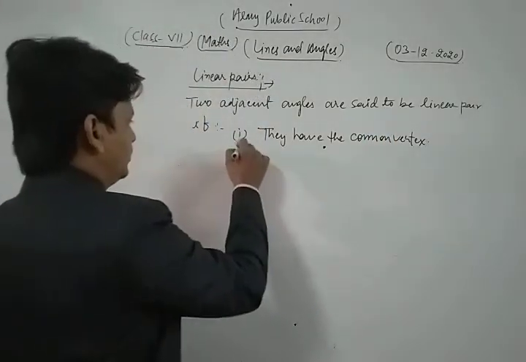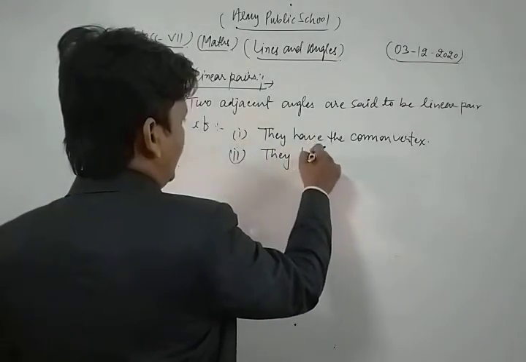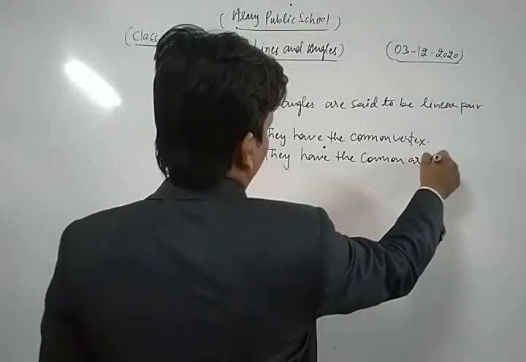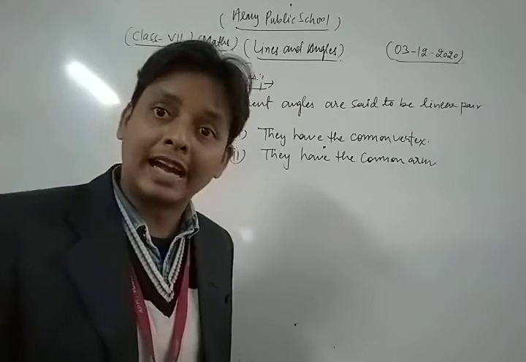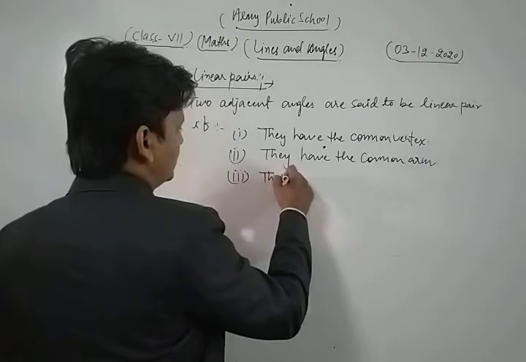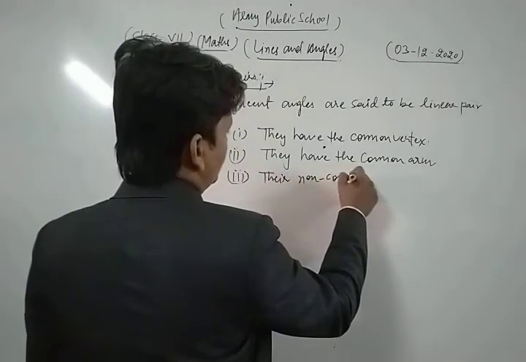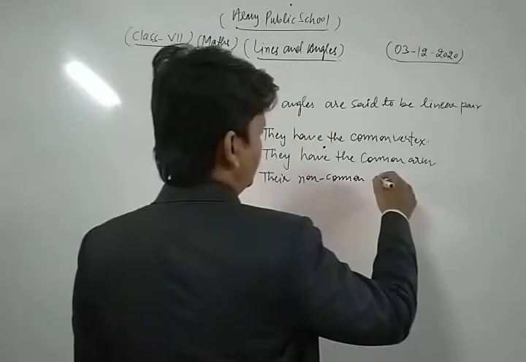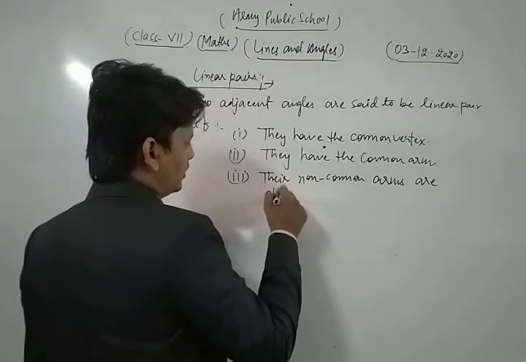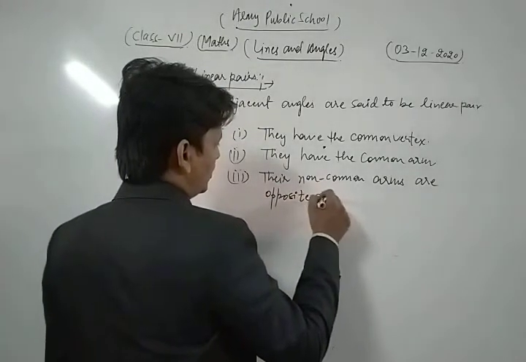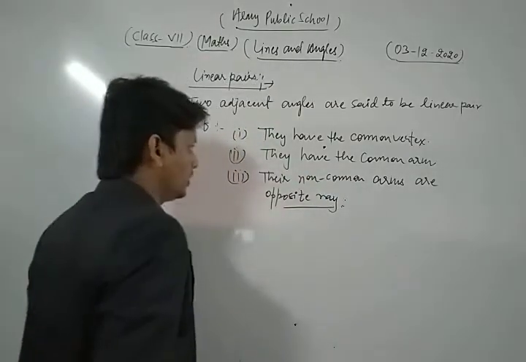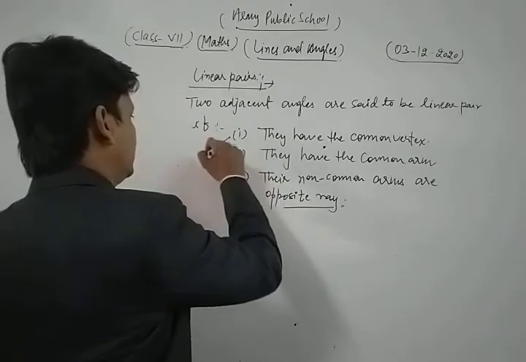Second, they have the common arm. And the last one is very important: their non-common arms are opposite rays. Opposite rays. Okay, listeners, these are the three important conditions